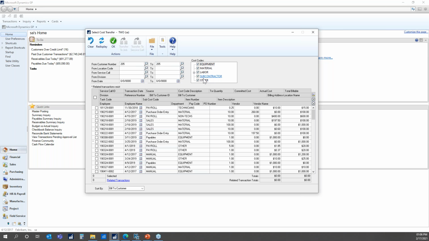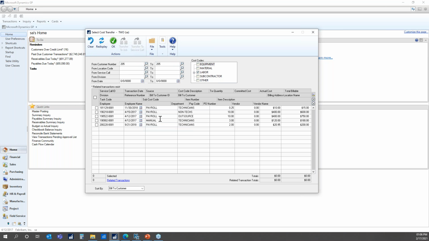So let's say it's a labor transaction that you want to transfer and you don't want to see all the noise of those extra transactions. You could unmark those checkboxes and click redisplay. And then you'll notice all we have now are labor transactions listed down here on the bottom. Again, very helpful filtering, especially if you have a large volume of transactions based on your criteria that you're searching for here on the left. So we'll bring all those transactions back though,